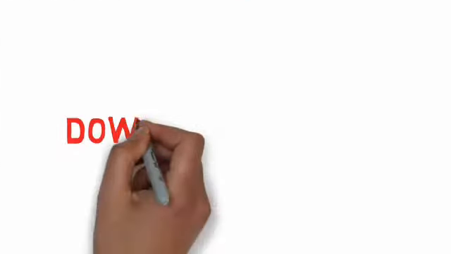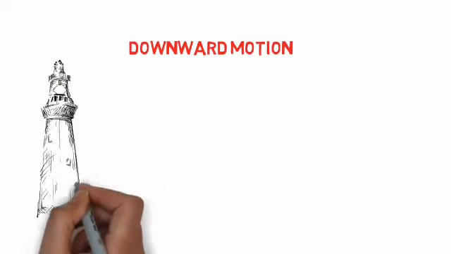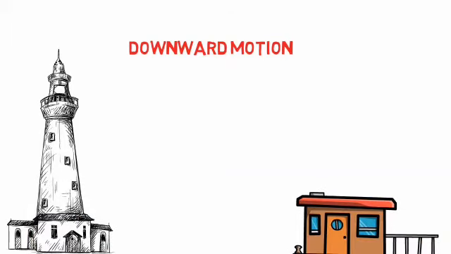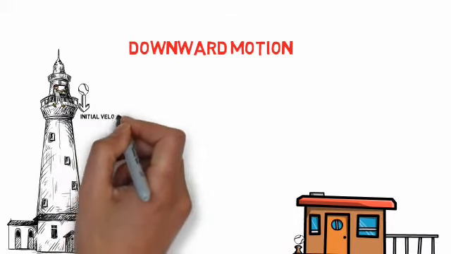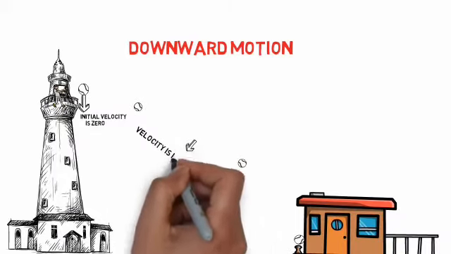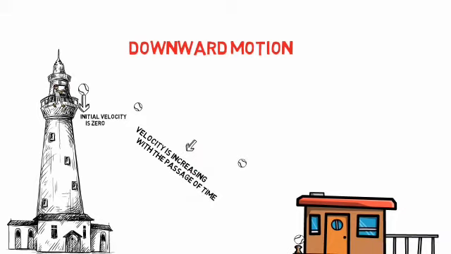So let's discuss its first case, which is downward motion. Here is a building at a certain height and a ball is being thrown with an initial push towards the ground. You can see in the animation that a ball is being thrown with an initial velocity whose vertical component is 0, and it is coming downward with some increasing velocity due to gravity. And just before it hits the ground, its velocity becomes maximum, whereas the x component of the velocity will